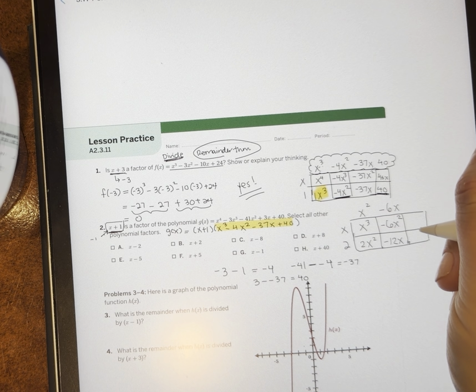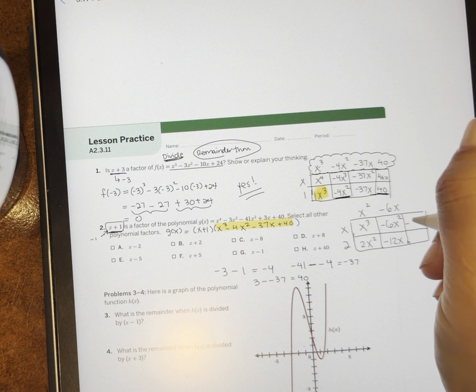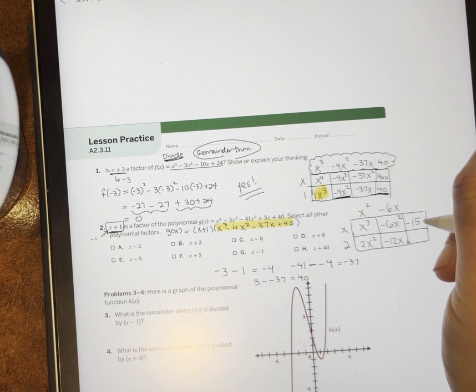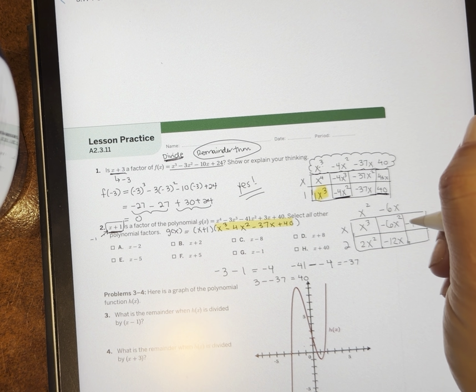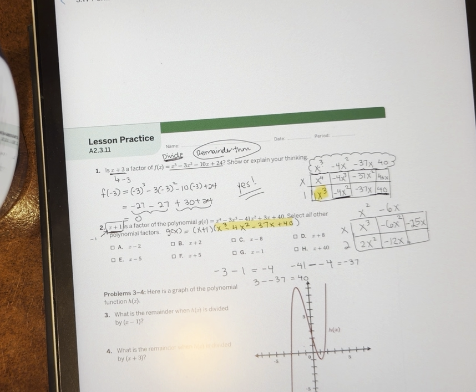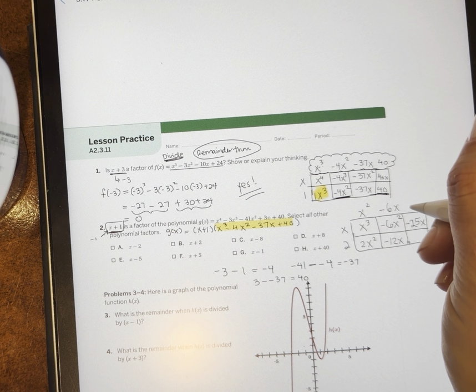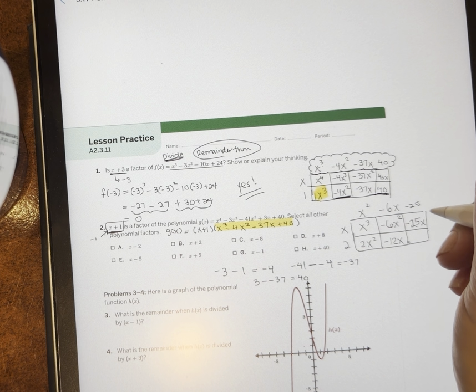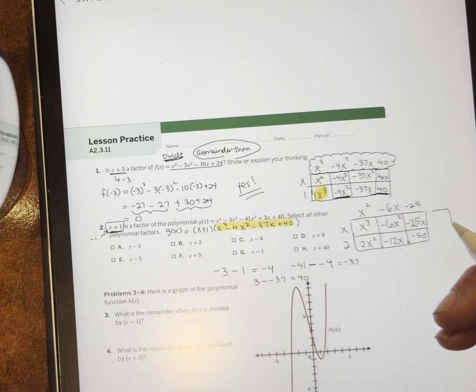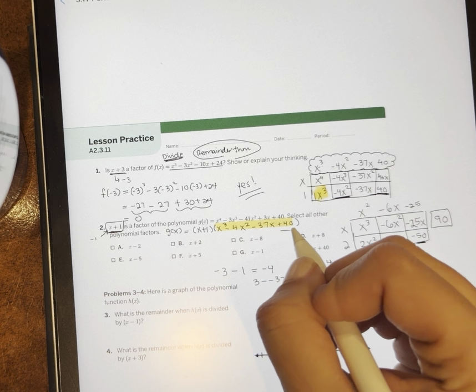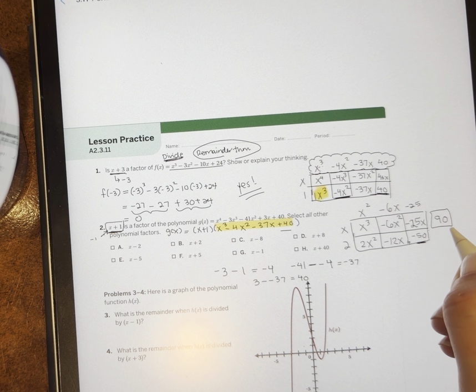This is a negative 12, but what I want is a negative 37. So I already have 12 negatives. I need another 15 negatives. No, that's 27. Just kidding. I need another 25 negatives to make negative 37. And I can tell now that this is probably not going to work out. This is going to get me a negative 25 up here, multiplied to get me a negative 50 here, and there is a quite hefty remainder of 90, because I have negative 50, but I should have had positive 40, so the difference there is 90,